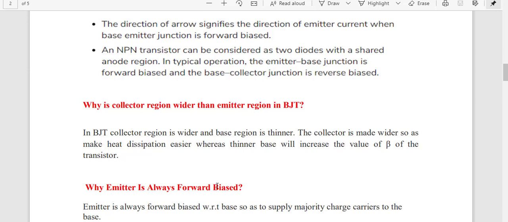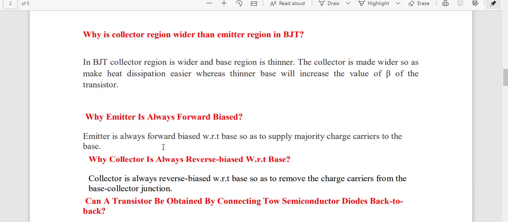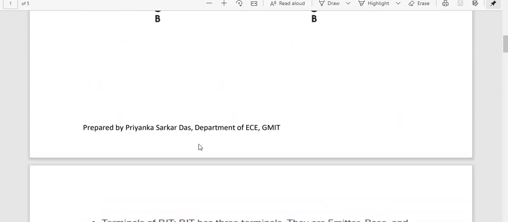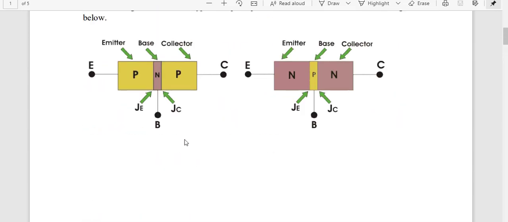Okay, why is the emitter always forward biased? Again, you may ask, why is the emitter always forward biased? See, in this case, first I told you that the input side is low resistance and the output side is high resistance. Now if your input is low resistance, which biasing will be applied, forward or reverse? Yes, forward, because we all know that when a diode or junction is in forward bias, maximum current will pass. That means the voltage drop across that device will be low. So low voltage drop means the value of resistance is low.